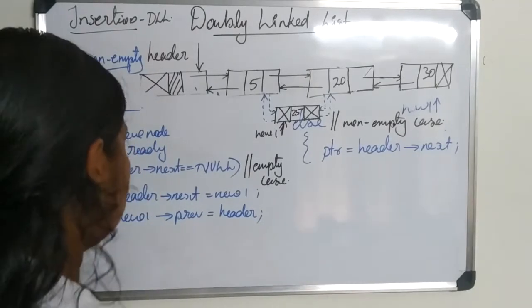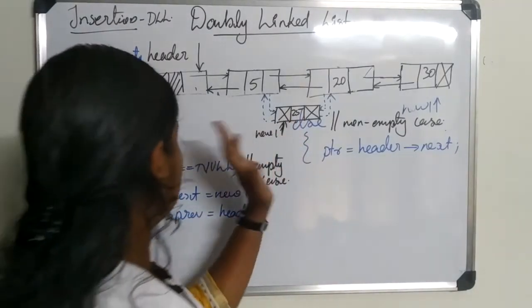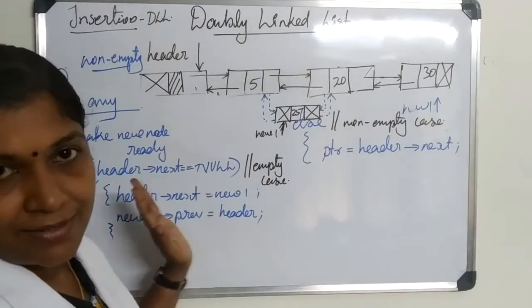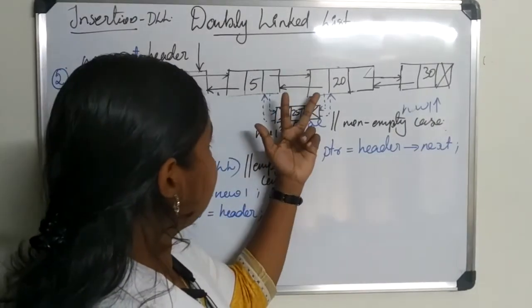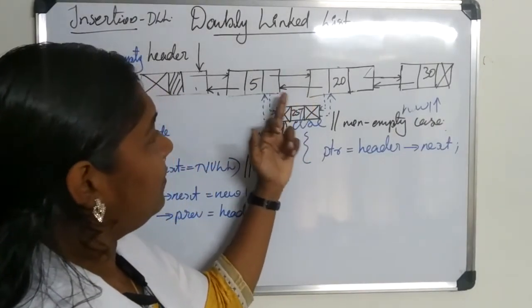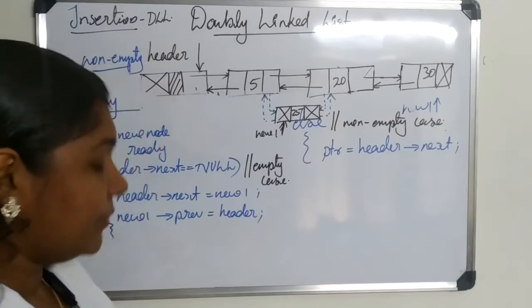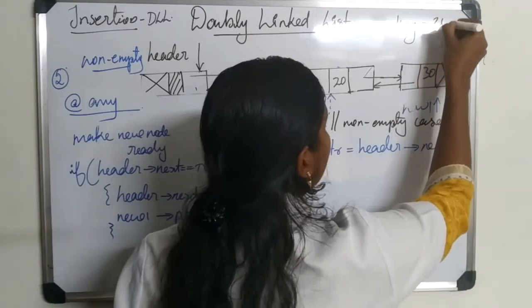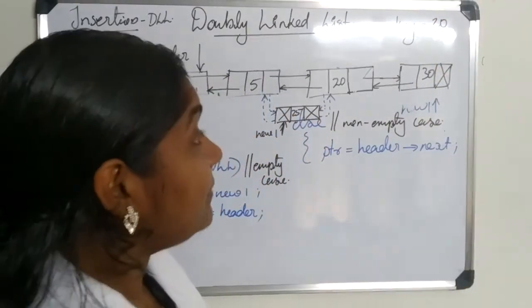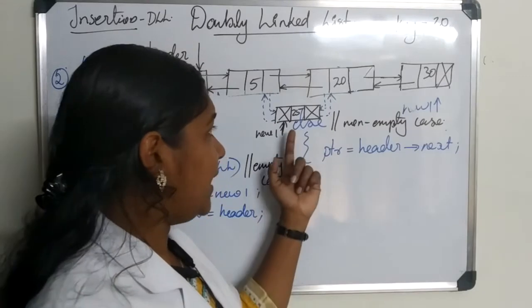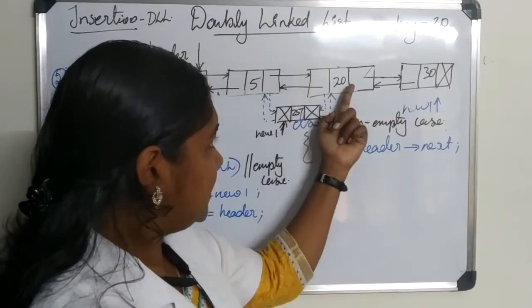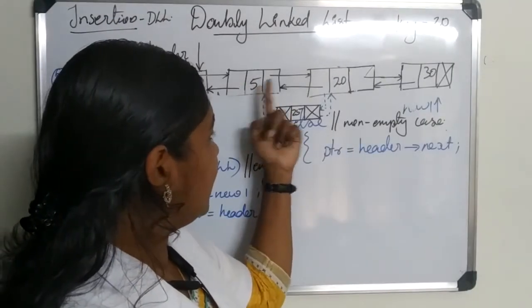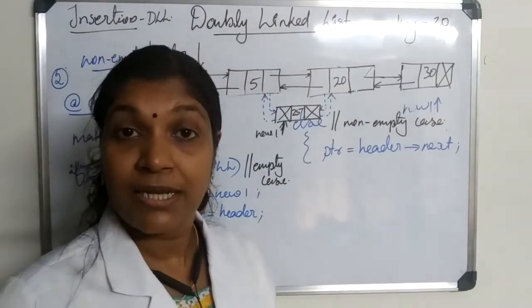Okay, so as usual in our empty case the code is the same, so I have retained that same as here. Then this is the case where we are about to enter our new node where the key element is equal to 20. Let's take an example. Key element is equal to 20. So if I am entering at key element 20, I would be entering our new node just before the key element's node. That is, between the element which contains 5 and the element which contains 20.